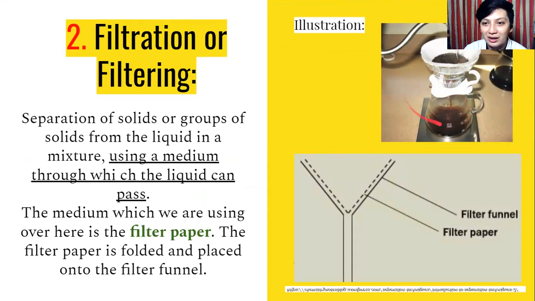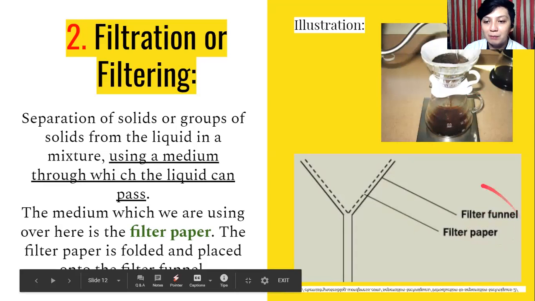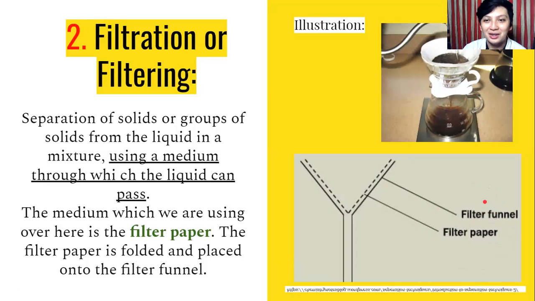So this is what it looks like. If you're going to brew a coffee, if you're going to make a coffee manually, this is what it looks like. You're going to put the coffee granules on top, and then you have the filter paper, and then you will pour out the hot water so that it will filter. Okay, and you will mix the hot water with the coffee color and taste. So filter funnel and then filter paper, basically we use filter paper here in the process of filtration.